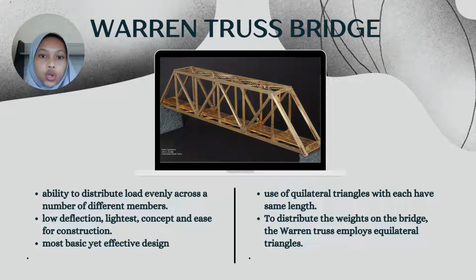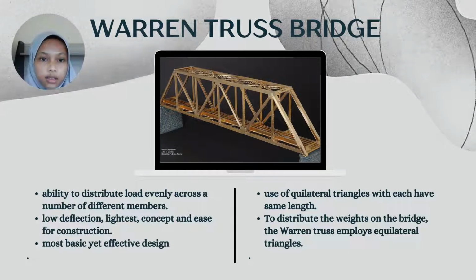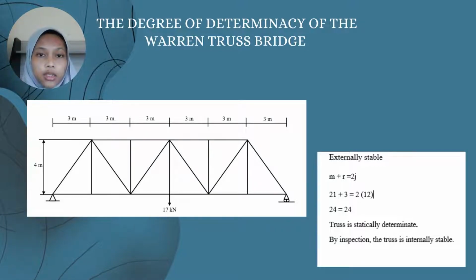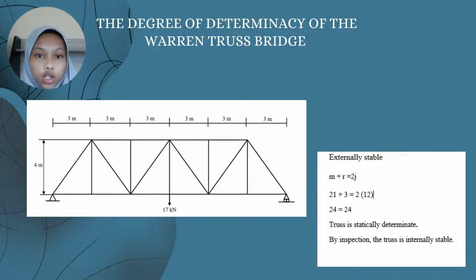For the advantage, it uses equilateral triangles, each with the same length, and to distribute the weight of the bridge, the Warren Truss employs equilateral triangles. With that reason, we calculate the degree of determinacy of the Warren Truss bridge. You can see that M is a member and R is the reactions. We calculate M. We get members 21 and reactions is 3, and we include the values into M plus R equal to 2J, and we get